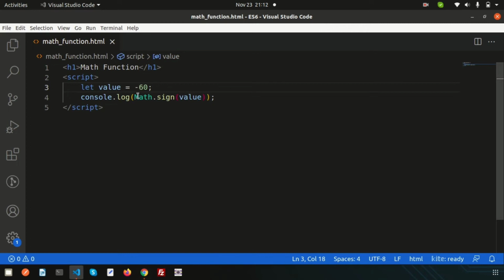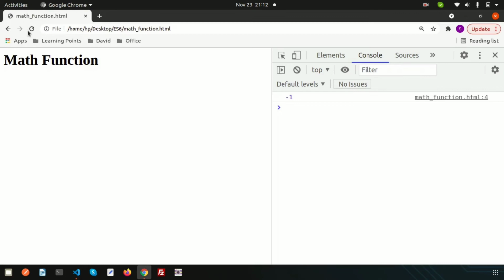And now we are discussing the integer type number. Let's see if I take a string, suppose abcd, simply write abcd and refresh. We are getting NaN. That means we can also check whether the value is a number or not.